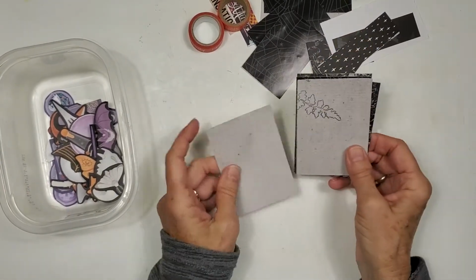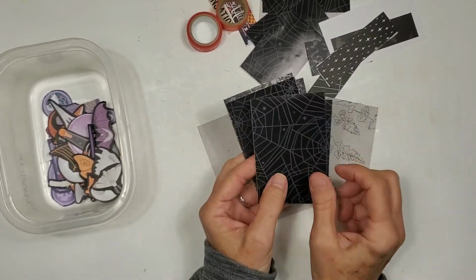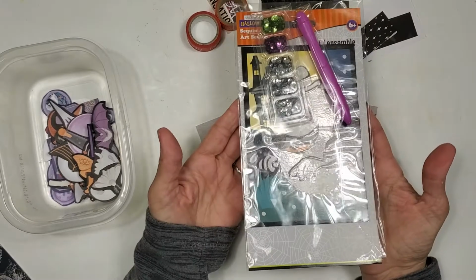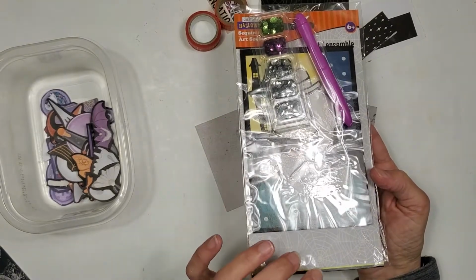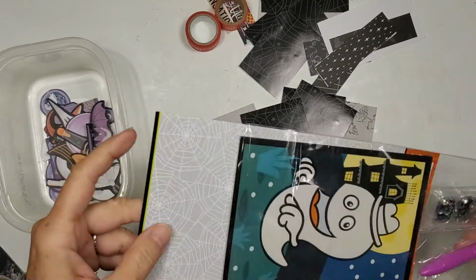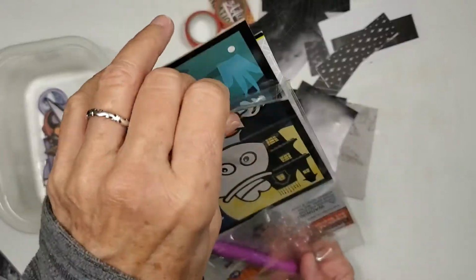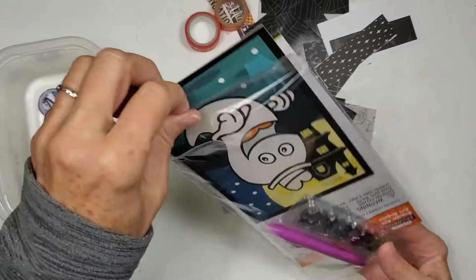Now, I did cut some art trading cards, and I did want to show you these blanks. This is packaging from a little product that I bought last year, intending to drop it in Halloween bags this year, but since we apparently aren't doing that this year, I just wanted to take this out. I'm preaching to the choir here, y'all, but always be on the lookout for this awesome packaging that you can buy. Honestly, I think I got this at Michael's for 90% off or something. And even though you might not use it